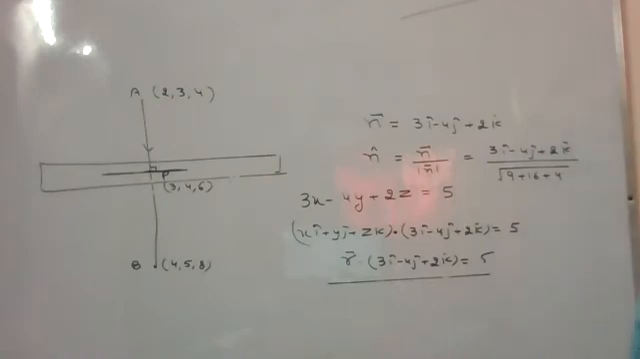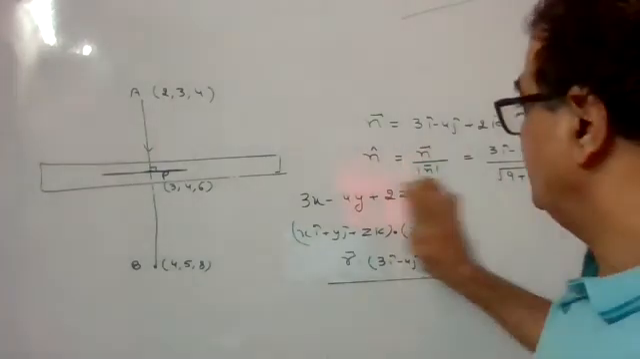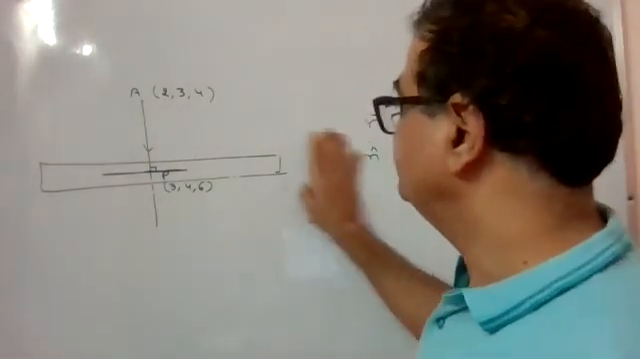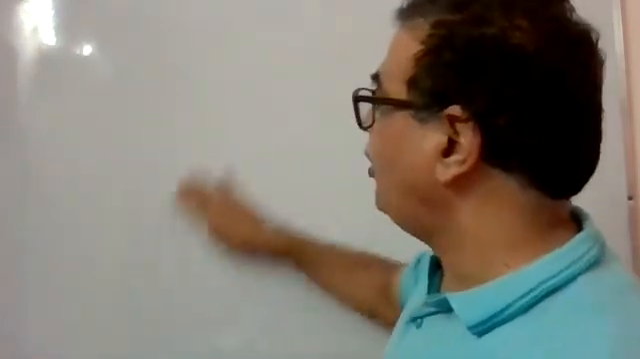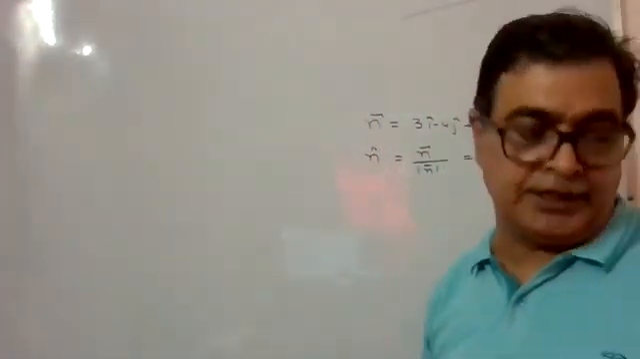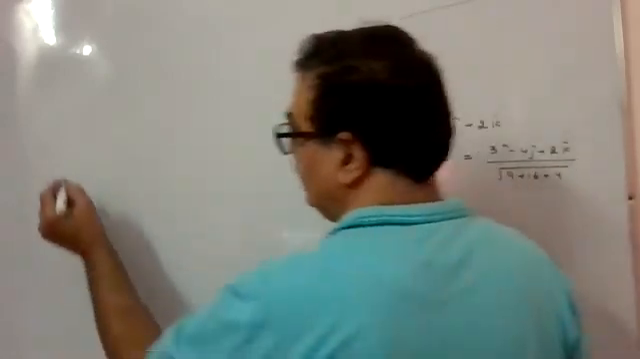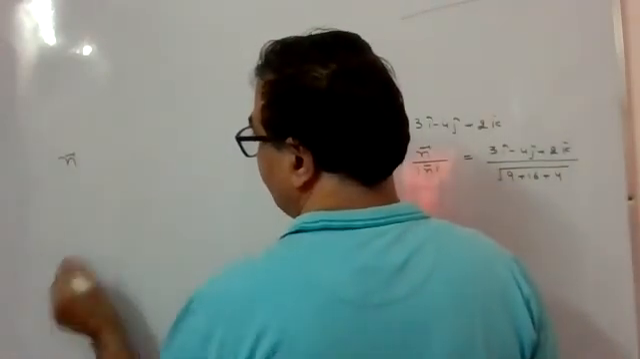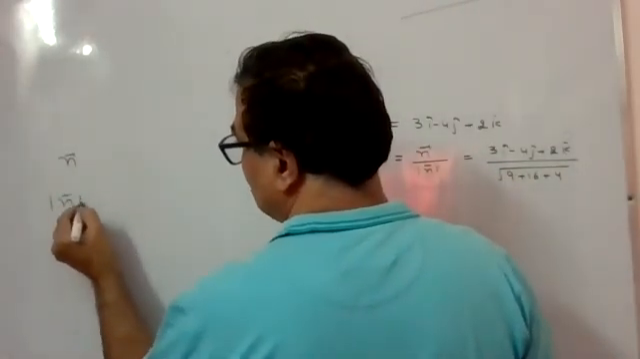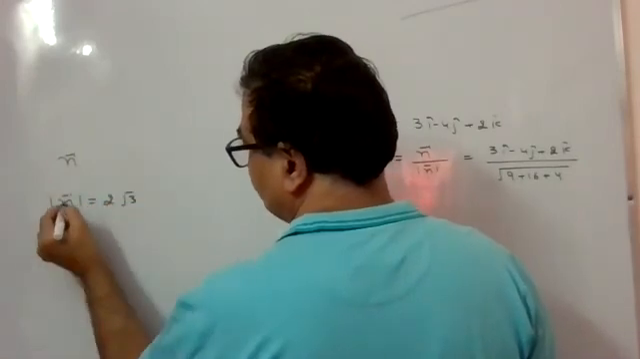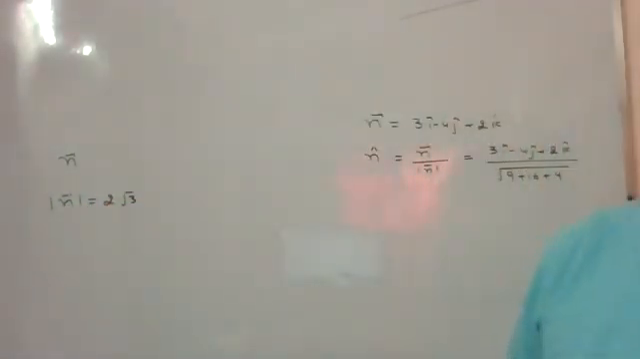Next question please. If n vector, please note this, it's a good question. Let n vector be a vector whose magnitude is 2 root 3, such that